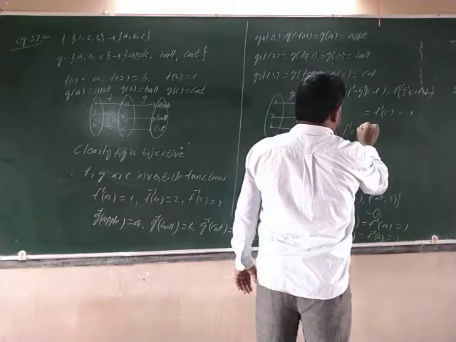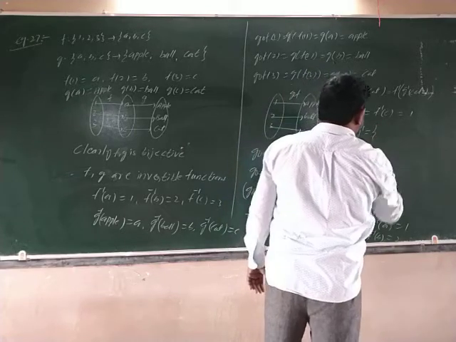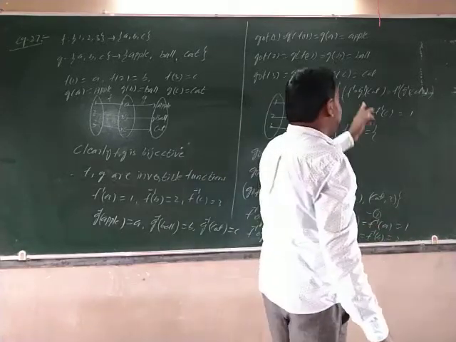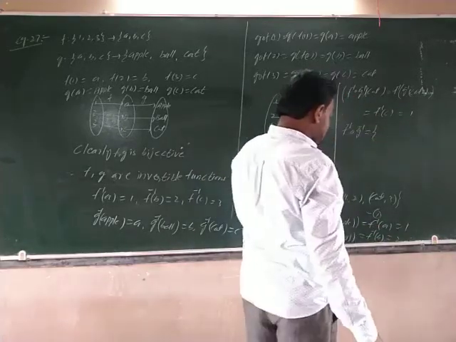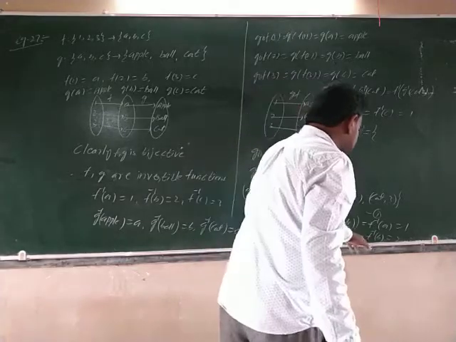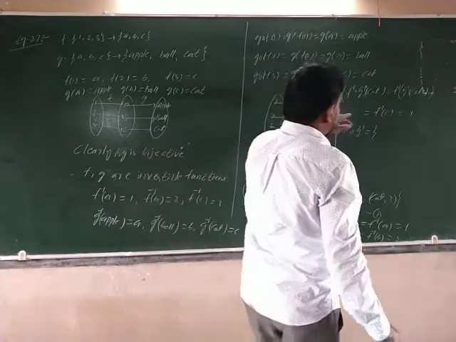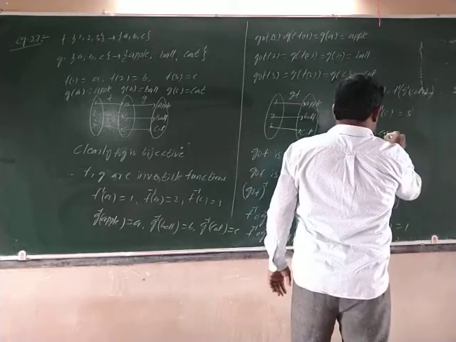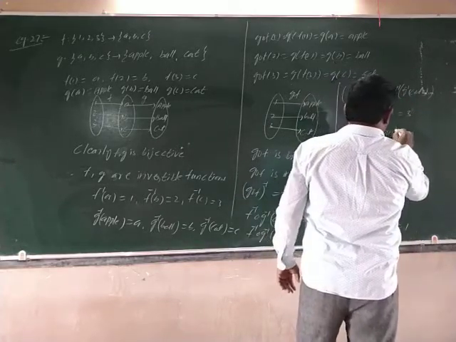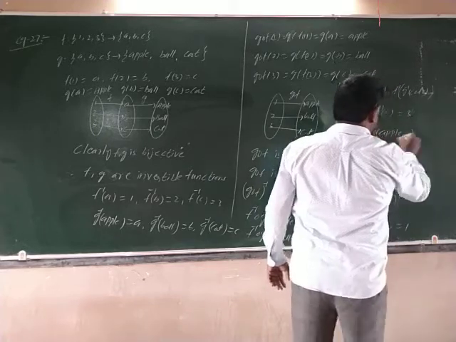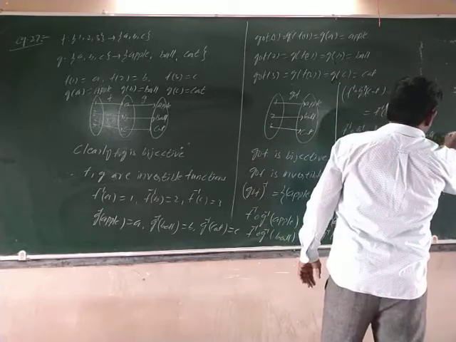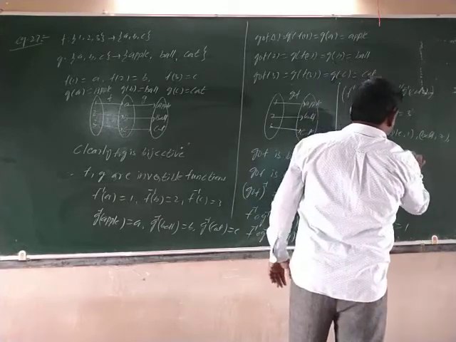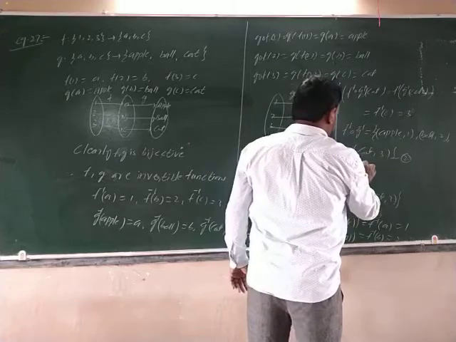Therefore, F inverse circle G inverse is equal to {(apple, 1), (ball, 2), (cat, 3)}. This is F inverse of cat, F of C is equal to 3, (cat, 3). So what is that? (apple, 1), (ball, 2), (cat, 3). This is what you take as 2, from 1 and